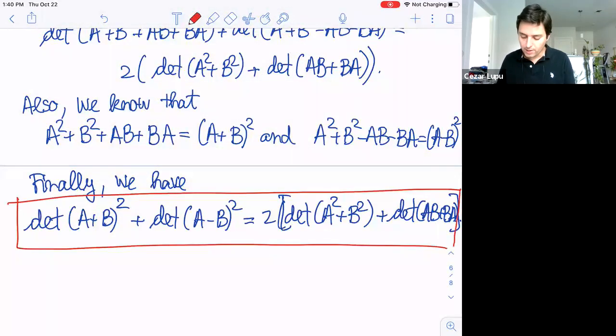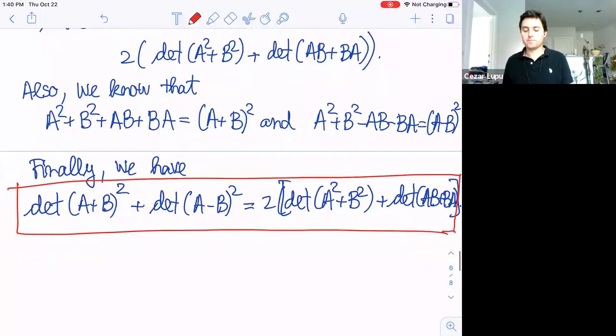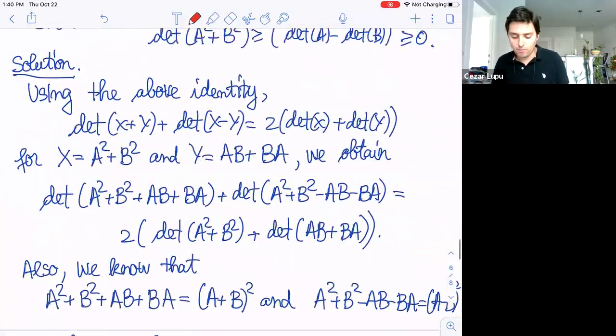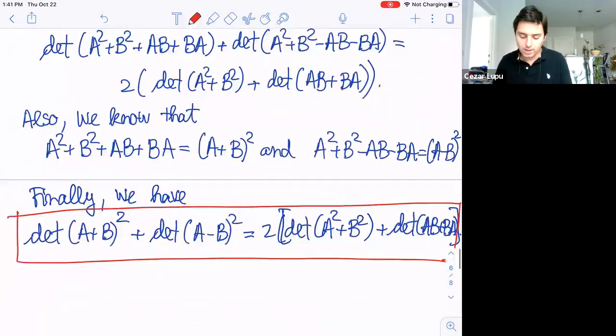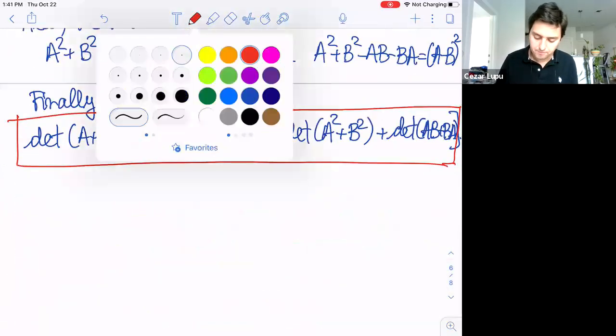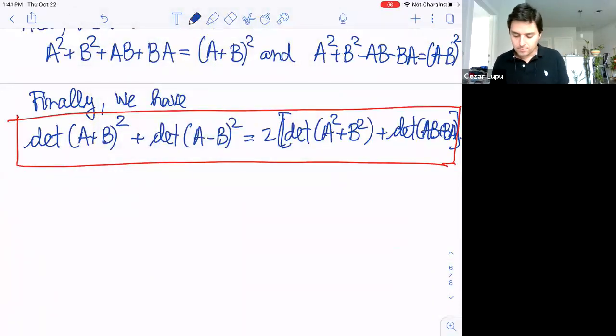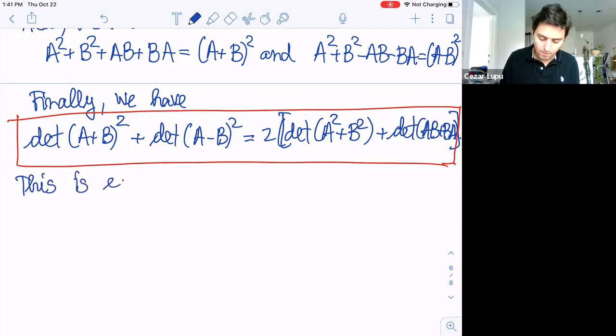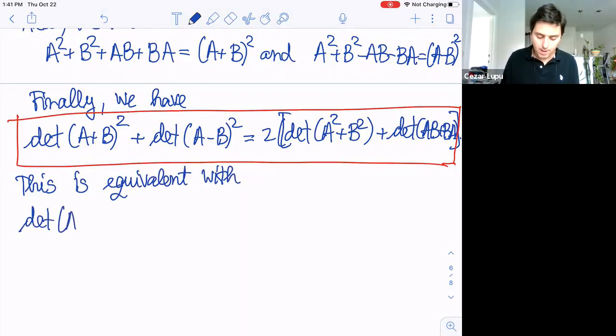So this holds true for any 2 by 2 matrices from the previous identity. And now let's look at our problem. So I know that AB equals BA. So this is equivalent with the determinant of (a plus b) squared plus the determinant of (a minus b) squared